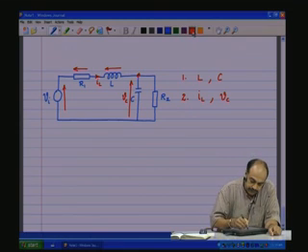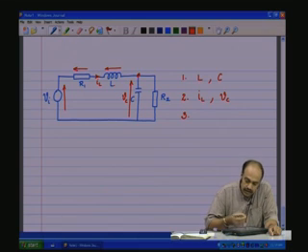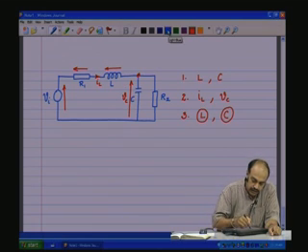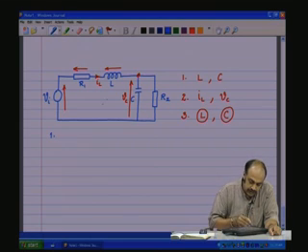So, what is the step 3? One by one, we take the equation describing the dynamic behavior of the energy storing elements. So, we have two energy storing elements L and C. So, first we consider the dynamic behavior of L, and then consider the equation defining the dynamic behavior of C, and then write down the expressions only in terms of these variables that you see on the circuit. So, first, the inductance equation